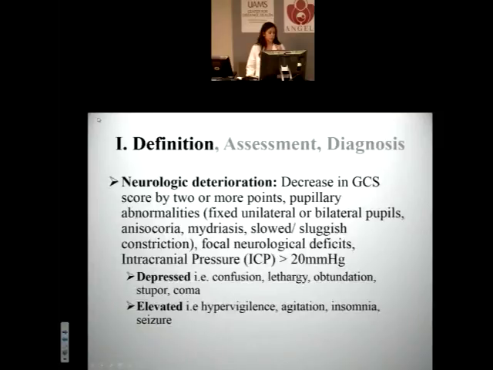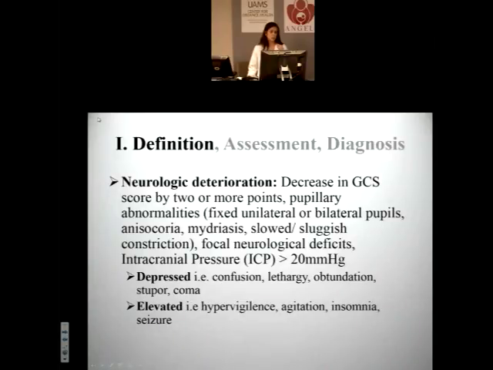With neurological deterioration in the brain injury population, you can have one of two things happen. They can either become more cognitively depressed, which will show up as increased confusion, increased lethargy, obtundation, stupor, coma, worsening of neurological deficits, so worsening of their weakness, worsening of their language skills, or they may become elevated,